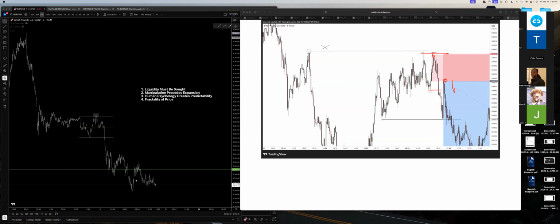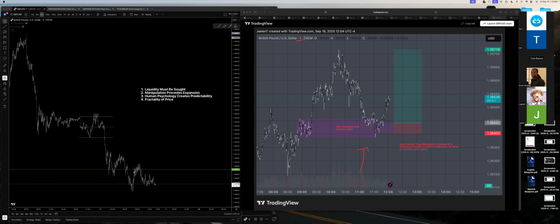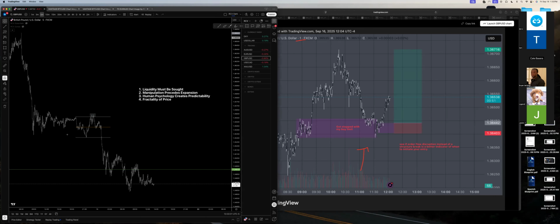Okay, so let me see this again. First of all, I would clean up your charts, bro. For example, I don't see the need for all these grid lines. I think you're too zoomed out on this time frame. If you're going to zoom out on price, you want to at least be able to see the bodies of the candles. For example, if we're looking at my chart, this is too zoomed out in my opinion.